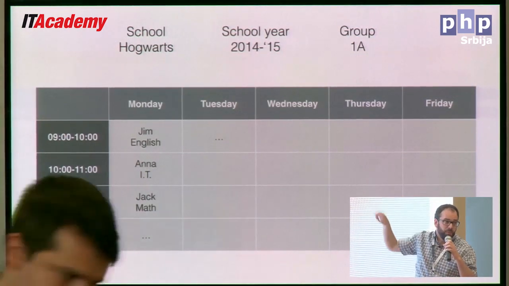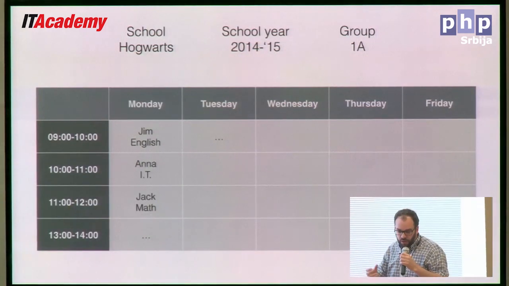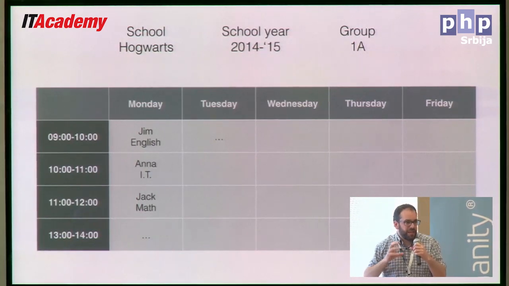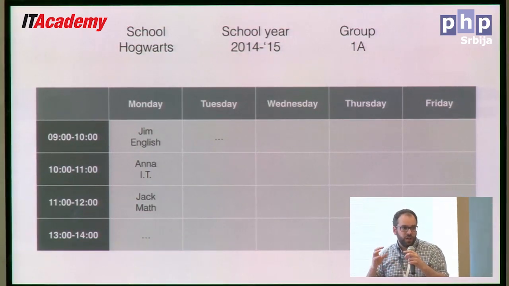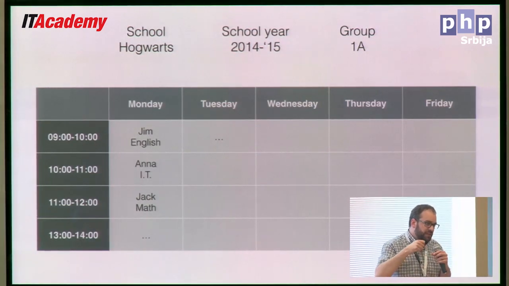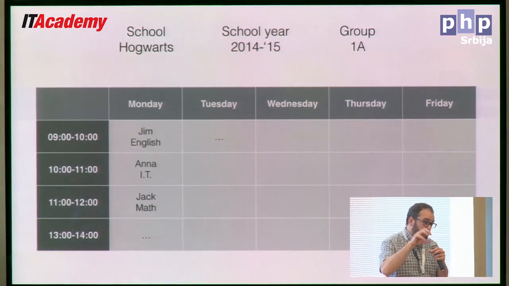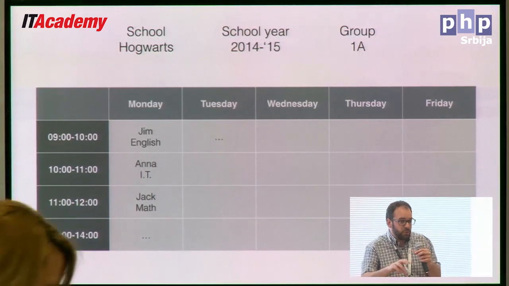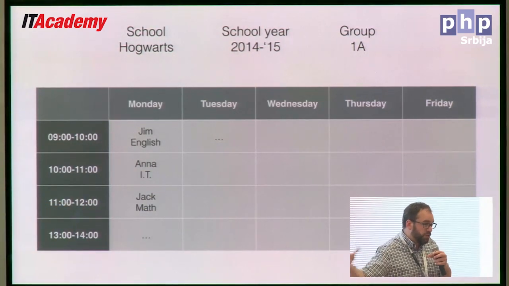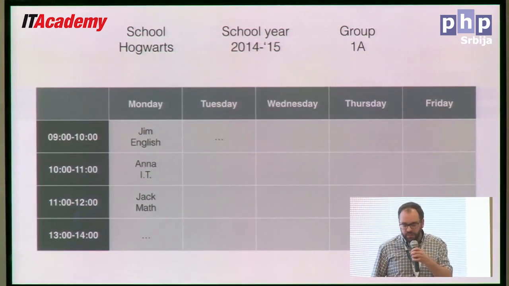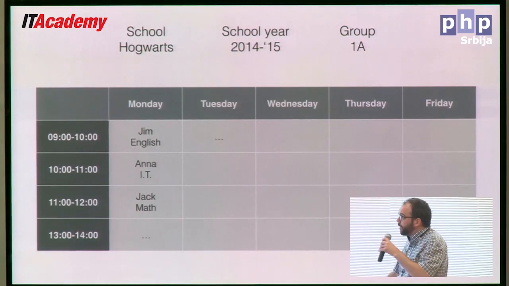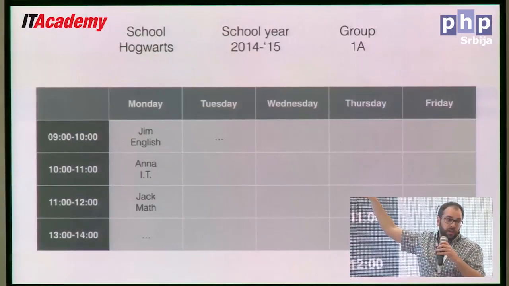The name of the group, which in this case is 1A. This happens to be a name that has a little bit more meaning to it, because from the name we know that it's the first class from the first grade. So we would have 1B if we have multiple groups of pupils in the same grade, something like that. A little more interesting, maybe, here we have